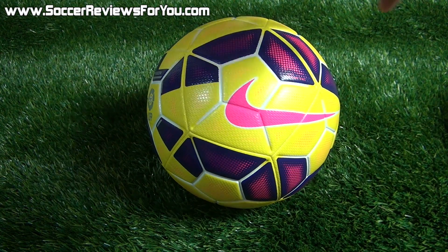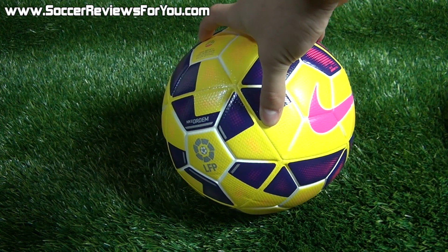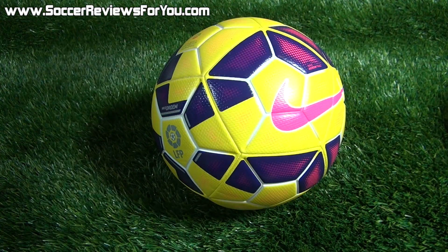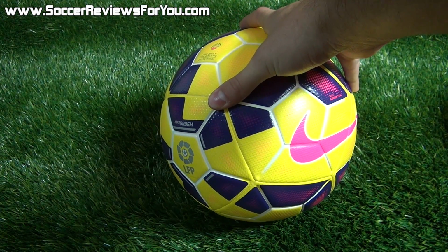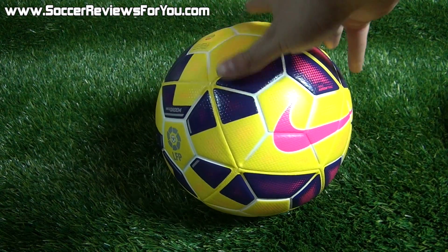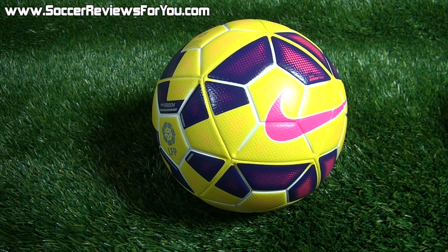It can work out for you in the long run, but like I said, I prefer to have something that has a very true and reliable flight pattern where I know exactly where it's going to go once it leaves my foot. I also like this ball because it is a little bit firmer, so if you're not familiar with high-end match balls, this will feel a little bit harder against your foot, especially at first, but once you get